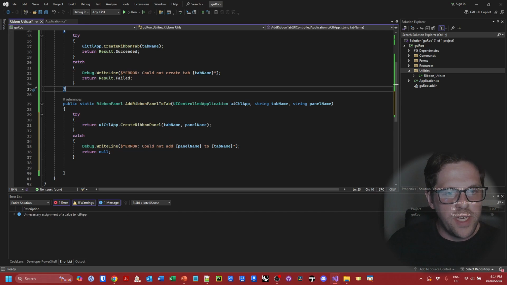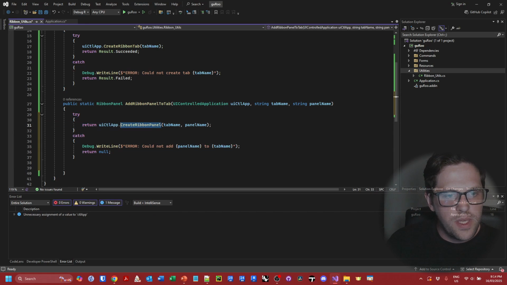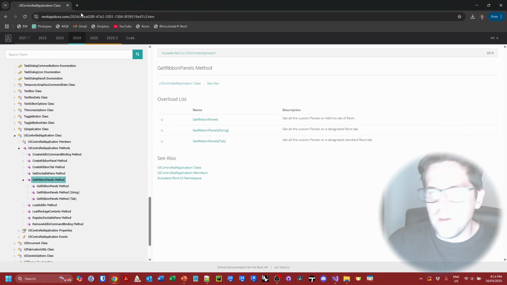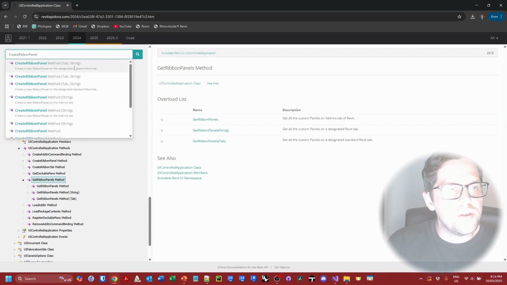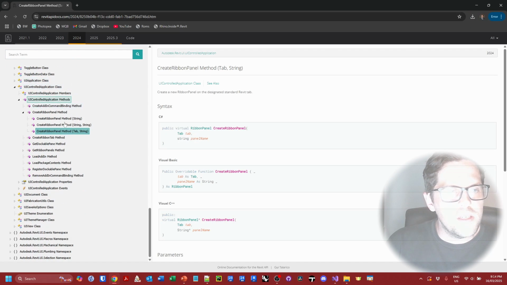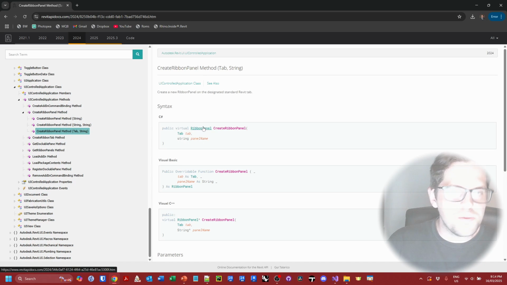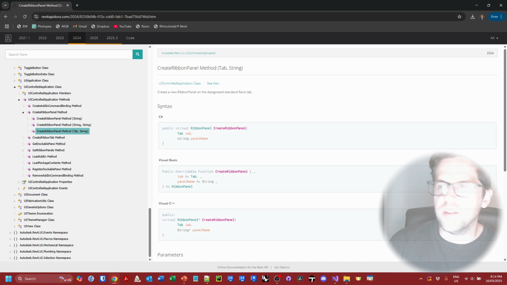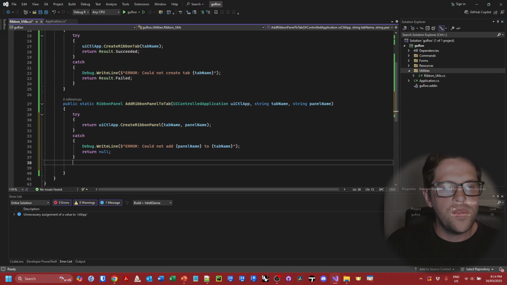Oh, wow, maybe we actually can. Maybe that is a return type. I didn't think it was though. Let's just actually check this method. Tab string. Oh, it does return a RibbonPanel. I stand corrected. So I guess the other method, we don't actually need it in this case, but we might